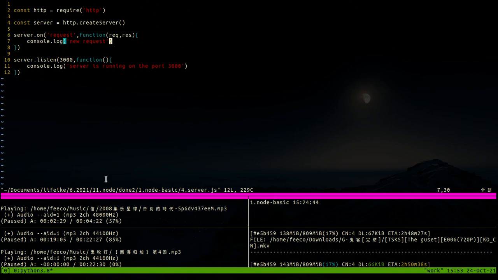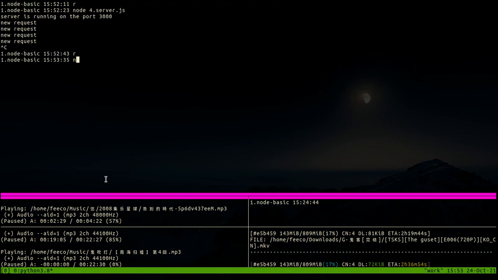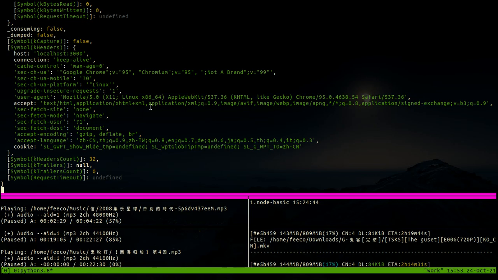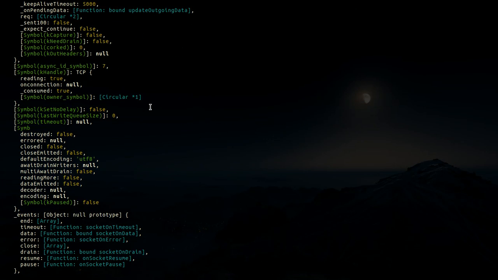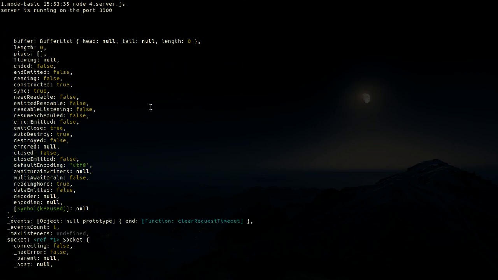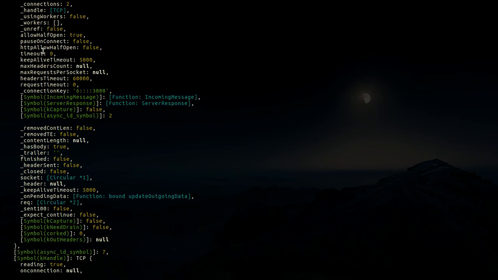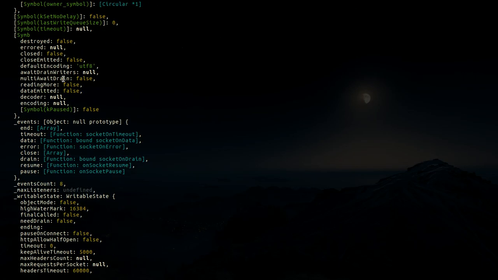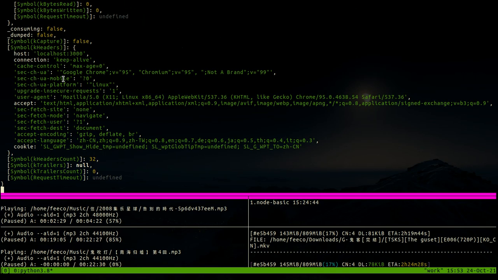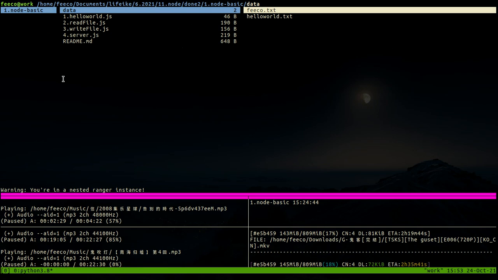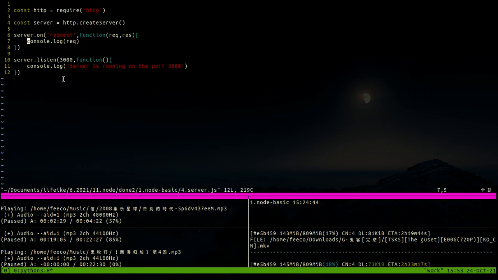So we can do console log request. As you can see here, the whole request object has been returned, right? There are a lot of properties: timeout, HTTP allowed half open, keep alive, stuff like that. But there are several useful properties of requests. They are all useful, but several of them are more useful, like